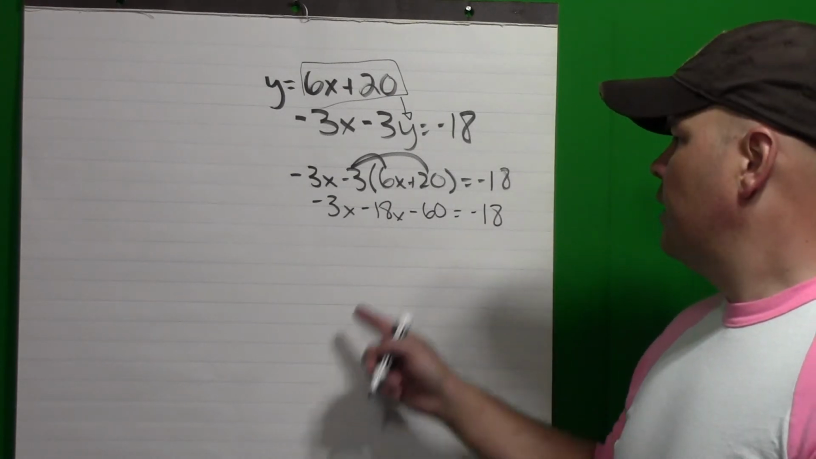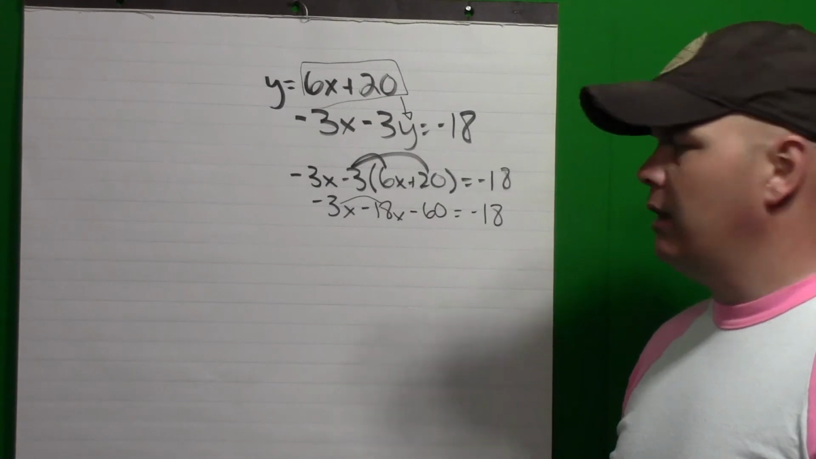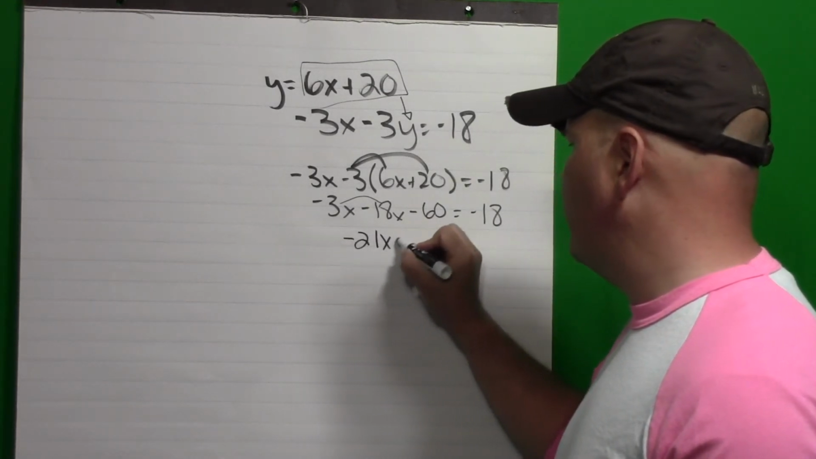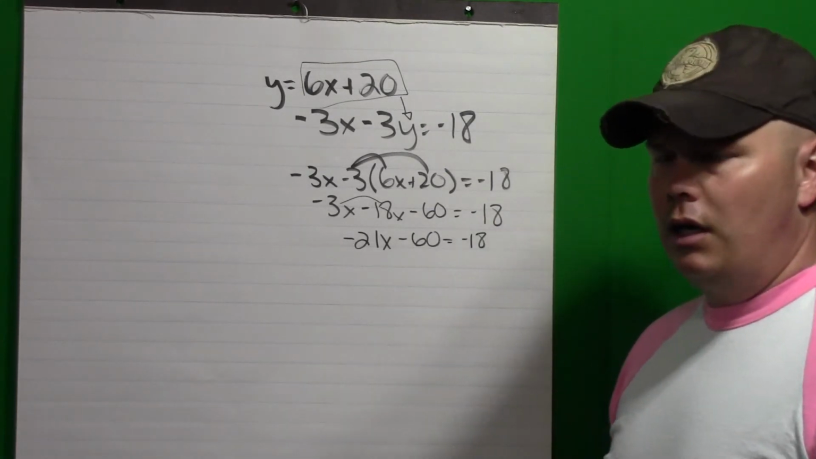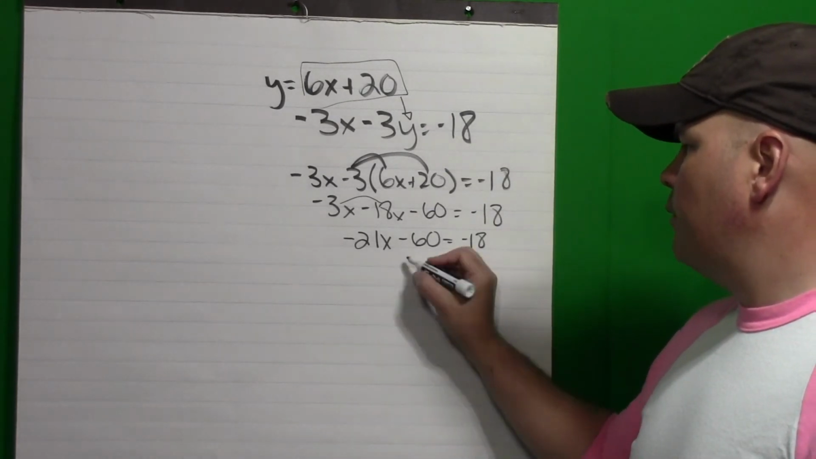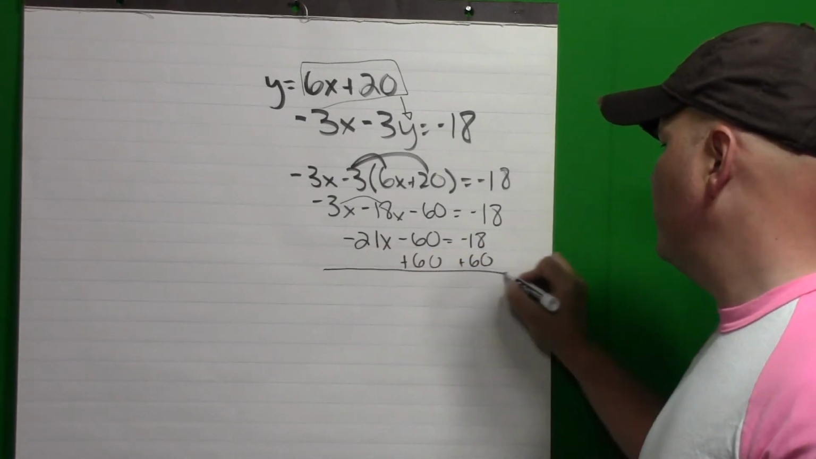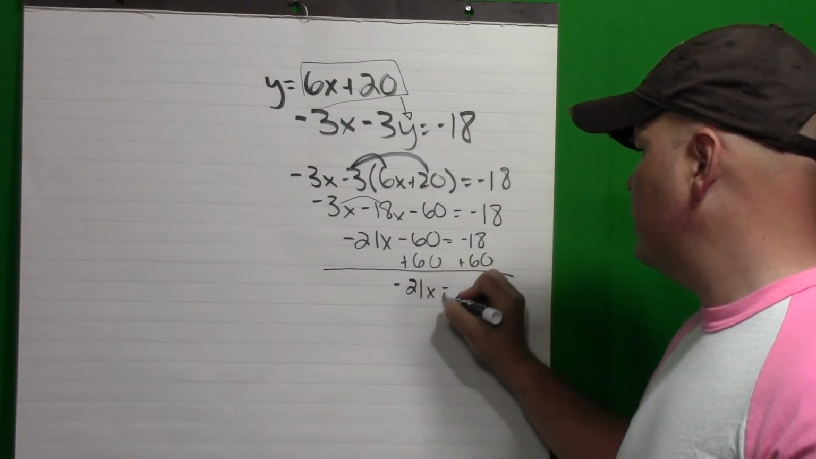Okay? Now from here, I'm going to combine. There are my like terms, -3x and -18x. When I combine those together, I get -21x minus 60 equals -18. Okay? Now when I isolate, I have to move my 60. That comes out here, and I'm left with -21x equals